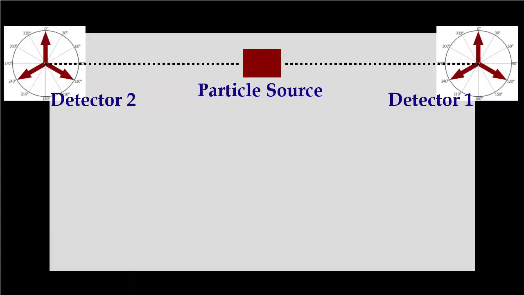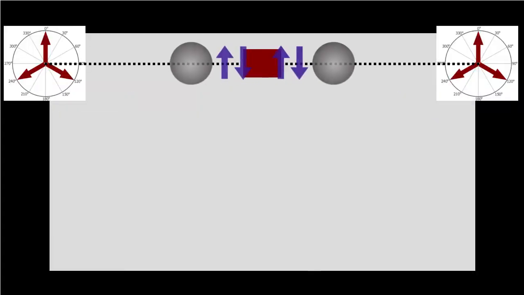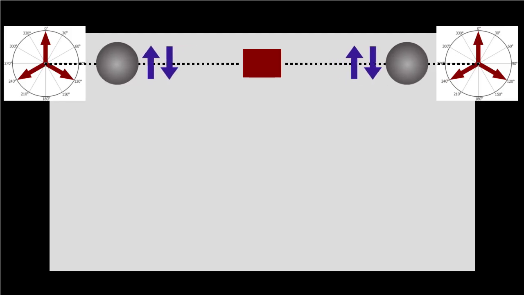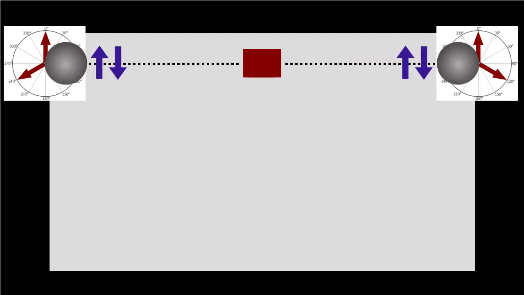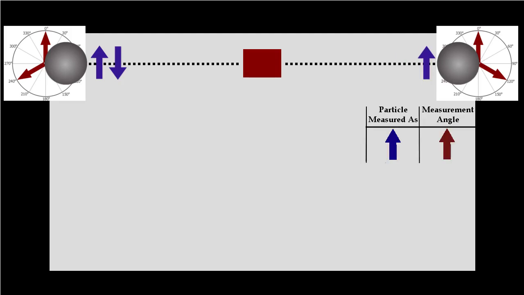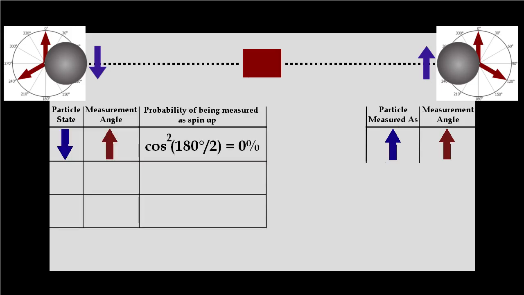But for a non-local theory, it says that the particles approach the detectors in a superposition of all possible outcomes. When one particle is measured, its wave function collapses and it gets a definitive state, such as being measured as up in the vertical axis. At the exact same time, the other entangled particle immediately has its wave function collapse, and it gets its definitive properties. In this case, as spin down state in the vertical axis. So if the vertical detector is chosen, then the particle now has a 100% chance of being measured as spin